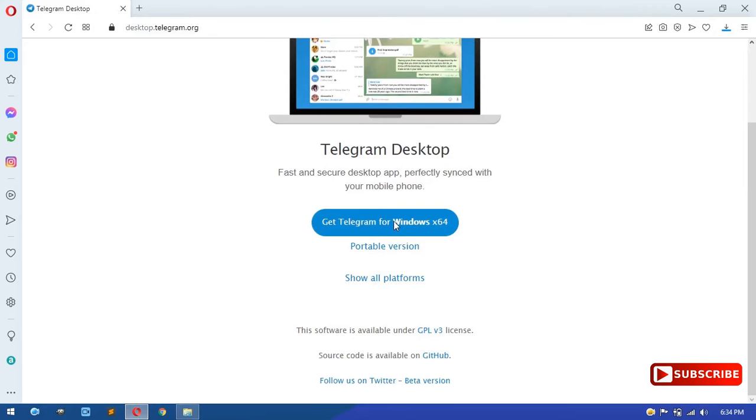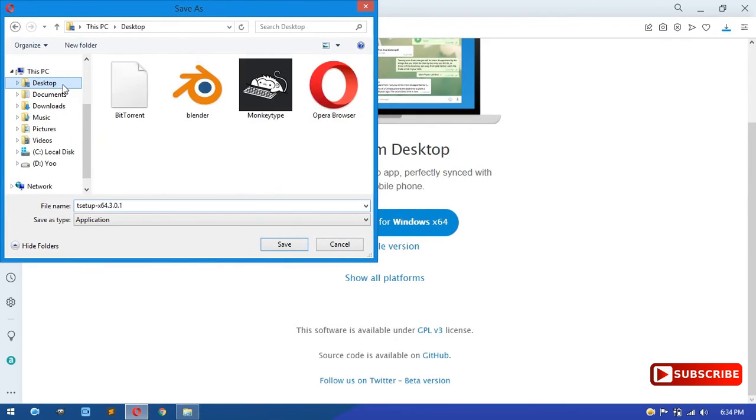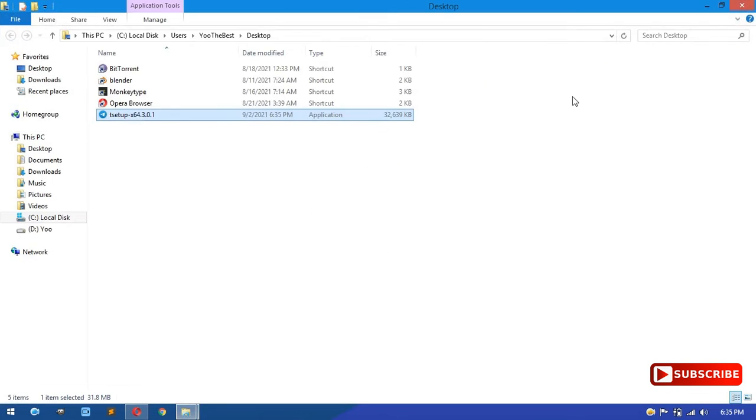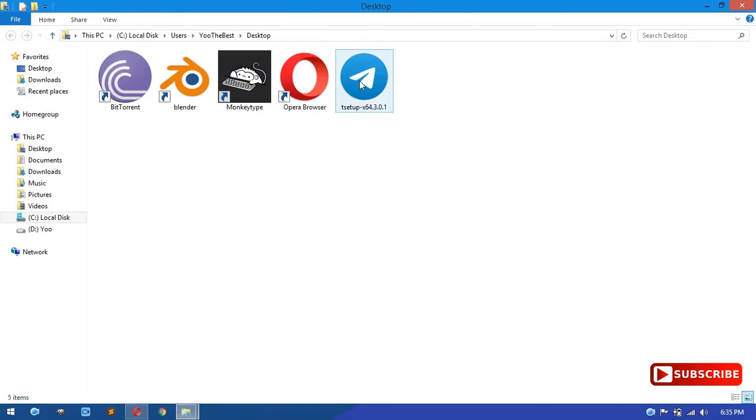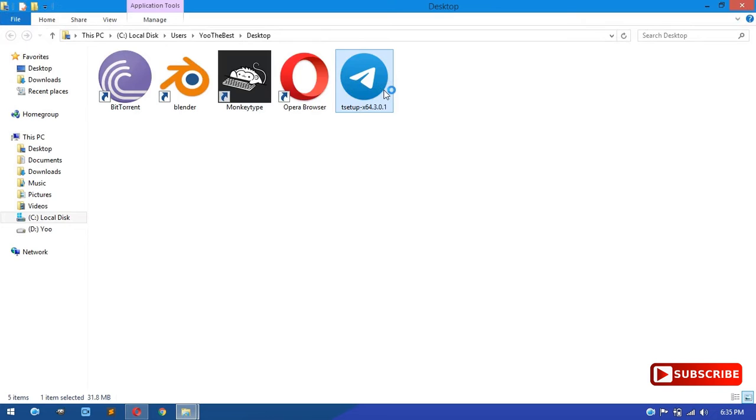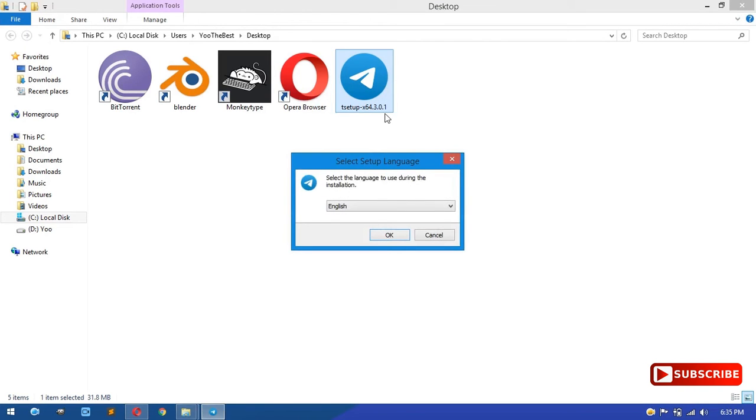and it will ask where you want to save your file. I am going to save it under my desktop and click save. Once your download is complete, you can go to your download folder and right click the setup and click open and select your language and click OK